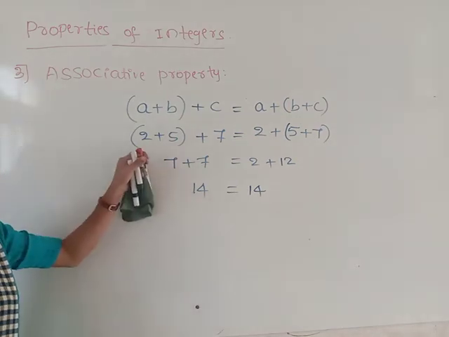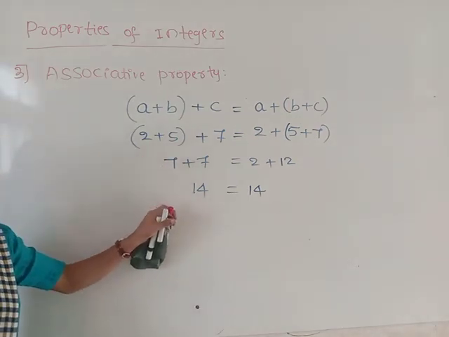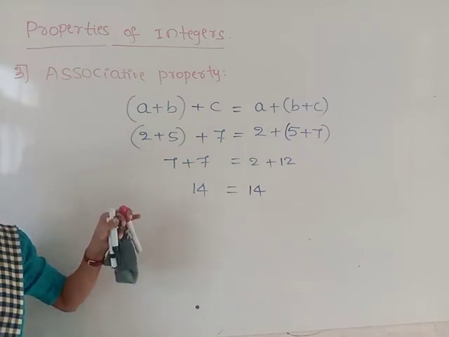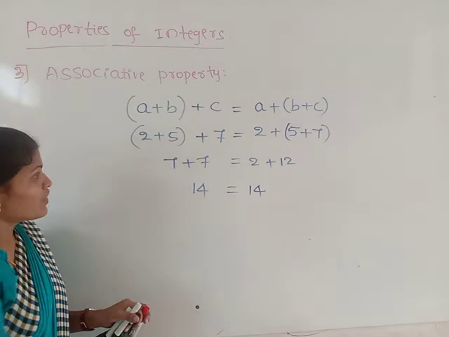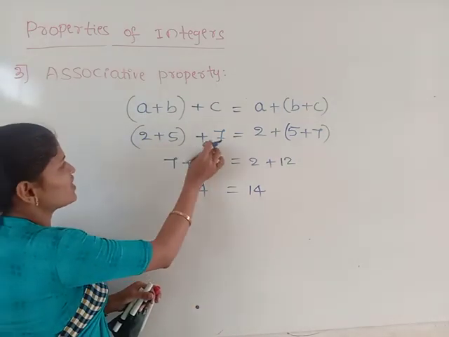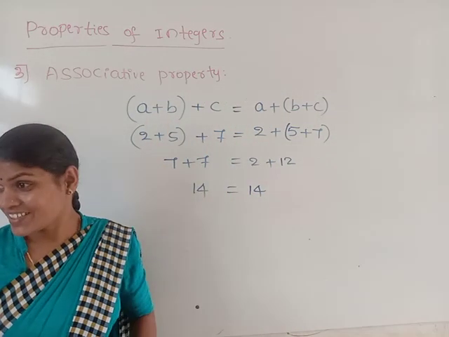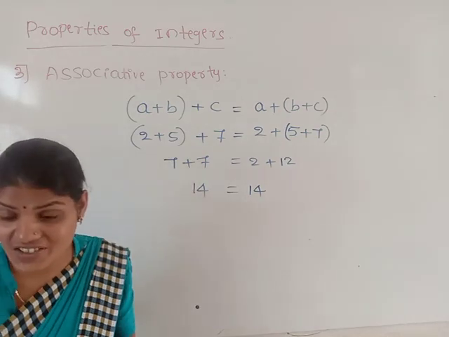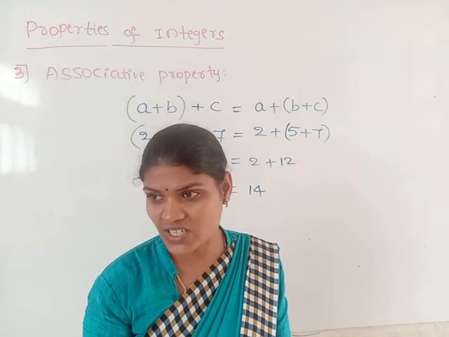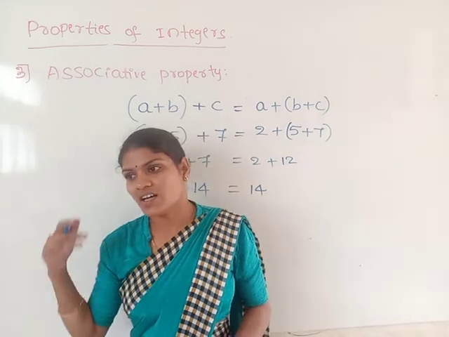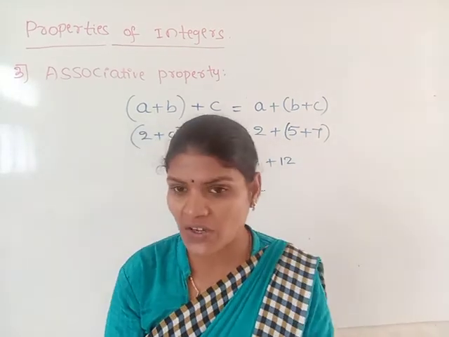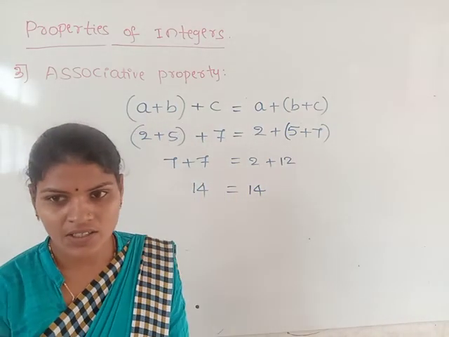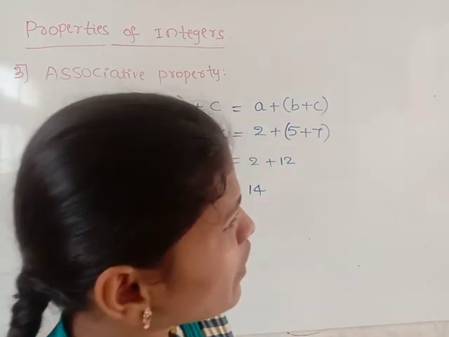It means our associative property exists under addition. Exists under addition. But we cannot decide yet. Why? Already we have taken all positive integers here. If we take negative integers, what is the answer? If you take zeros, what is the answer? We have to check all these things in the next class. Because I hope you have your next period at 11:40. Yes, at 11:40 you have one more class.